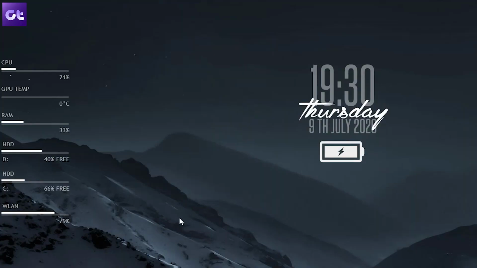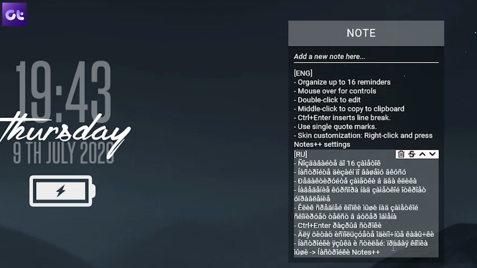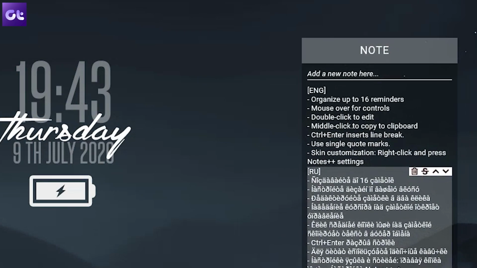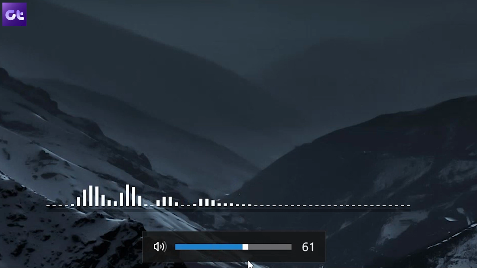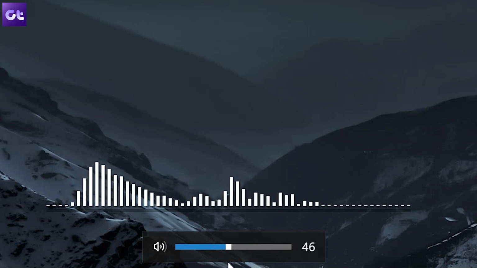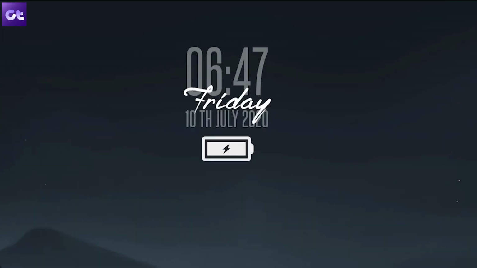But anyway, if you haven't seen that already, the whole point was how to give your desktop a whole new look. But a lot of you guys complained that it was too minimalistic. There weren't a lot of widgets to monitor your system and stuff like that. Well, things change here. In this new look, you can monitor your system resources on the left side while having easy access to the nodes on the right side. If you just want to listen to some music, there's a nice visualizer at the bottom with the volume controller right below it. You also get a nice clock widget with a battery icon below it.